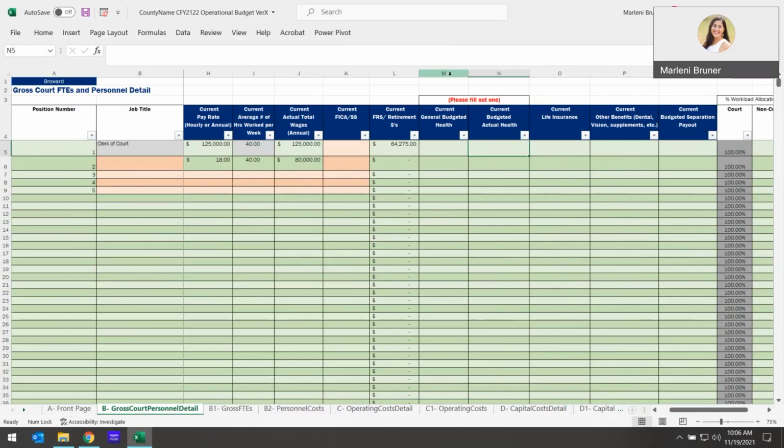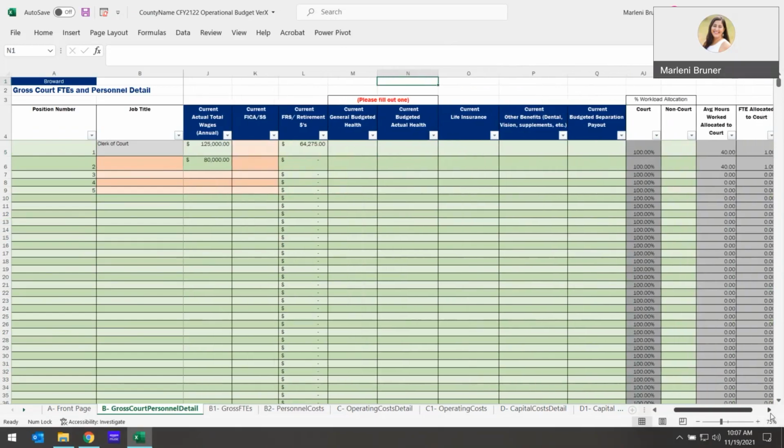So you can choose with your health insurance to do a general amount or by position if you have an amount. Some counties, their health insurance is a flat rate per employee, regardless of whether they're management or an entry-level clerk. They have one flat amount. Others, it's based on the different type of coverage you have, whether you have a family plan, whether you're single or whatever. So you have that flexibility available to you. And then any amounts that you have for life insurance under column P for other benefits, dental, vision, or supplemental coverage, if you enter an amount for column P, we're going to be looking for an explanation in the text